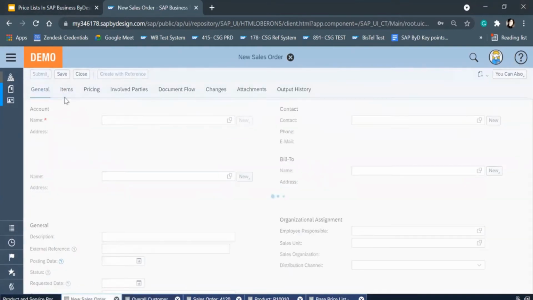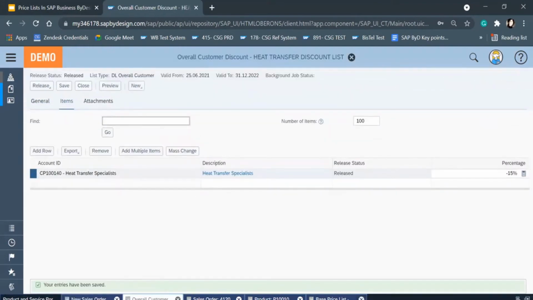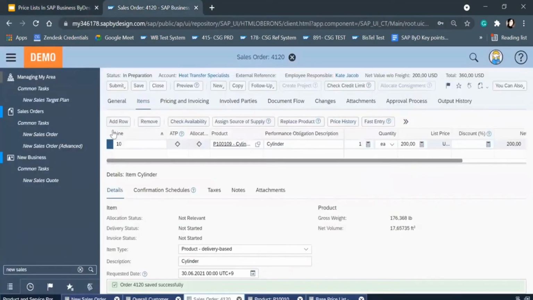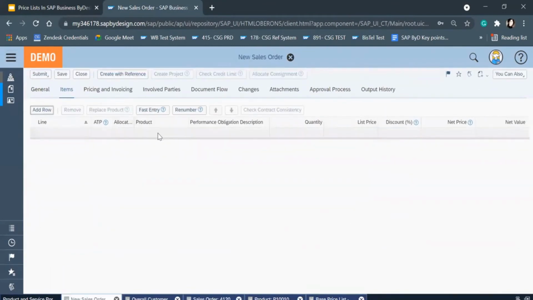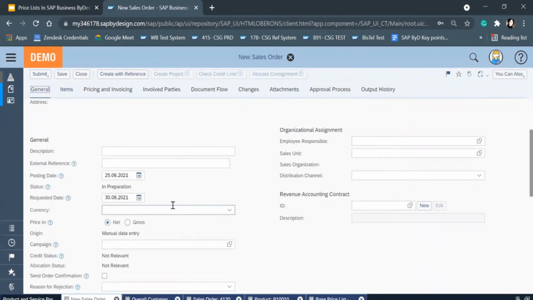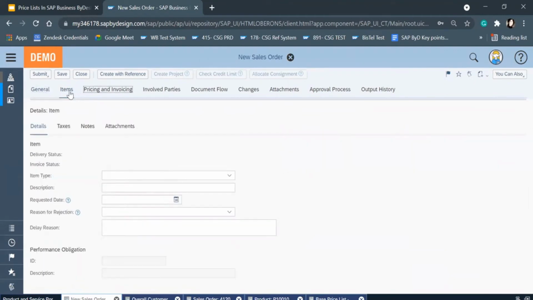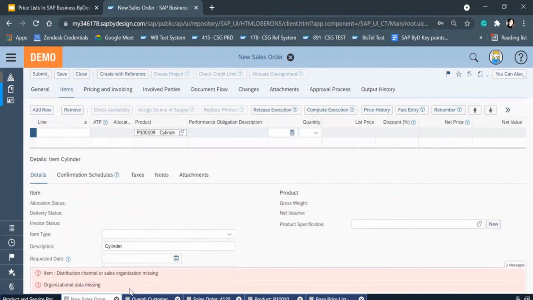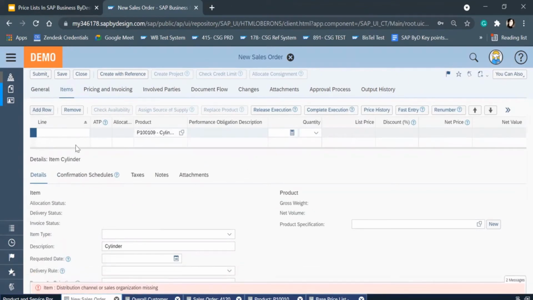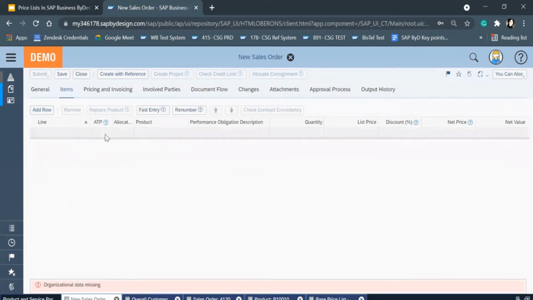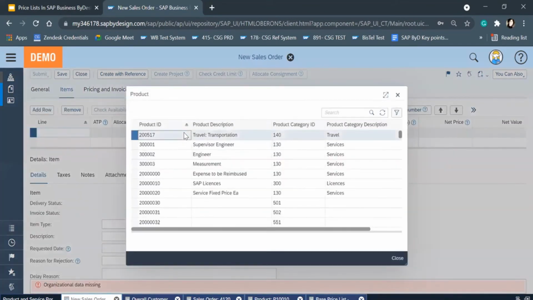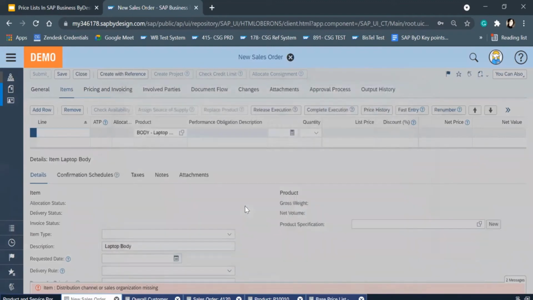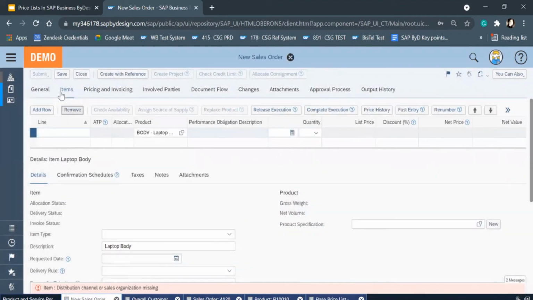First I'll take the product and then the customer to show you the difference. I'll take the same product.